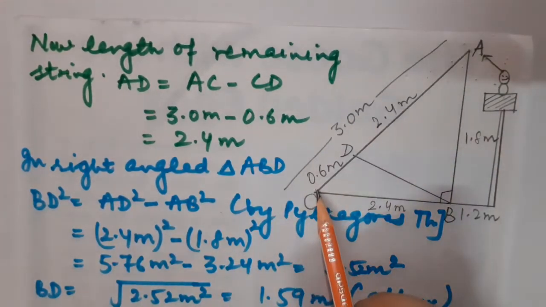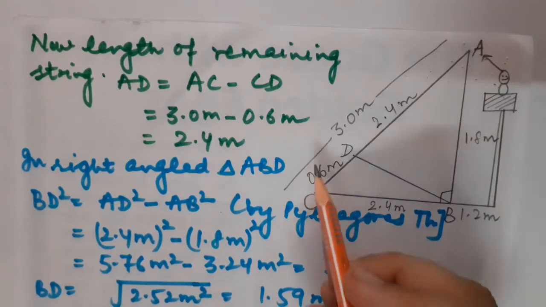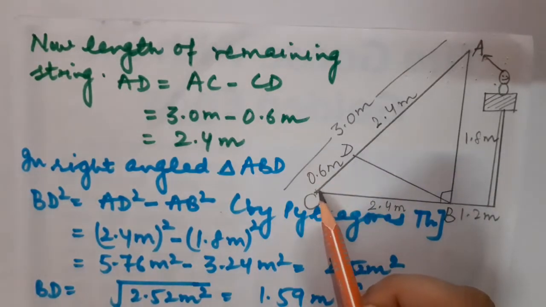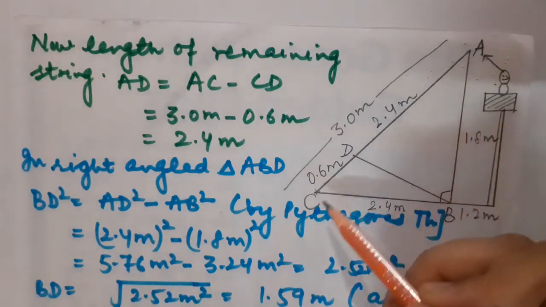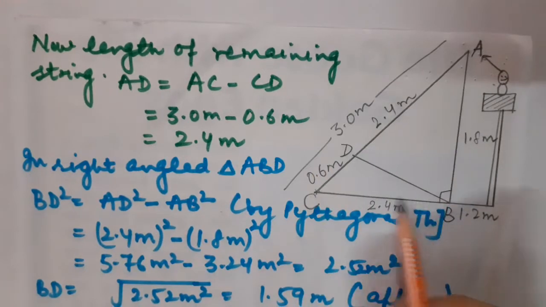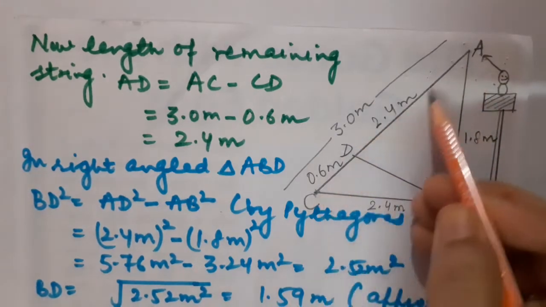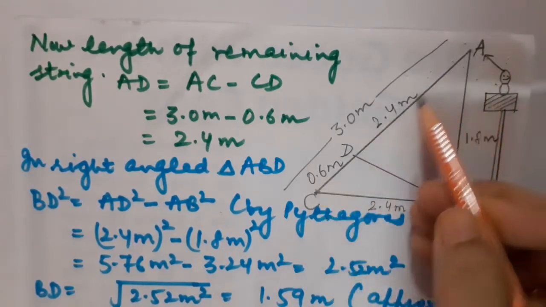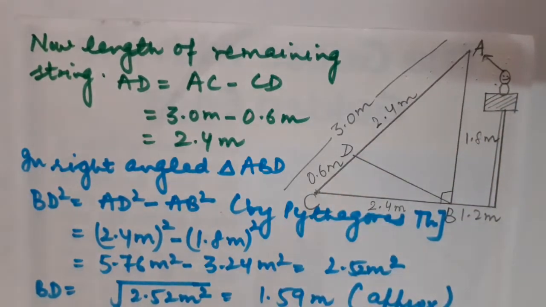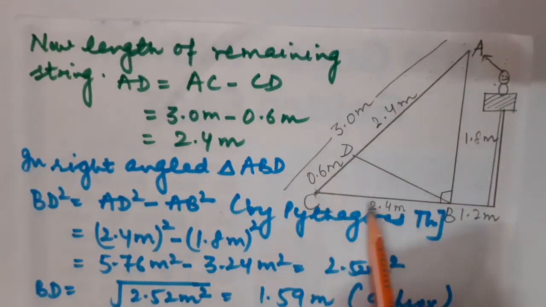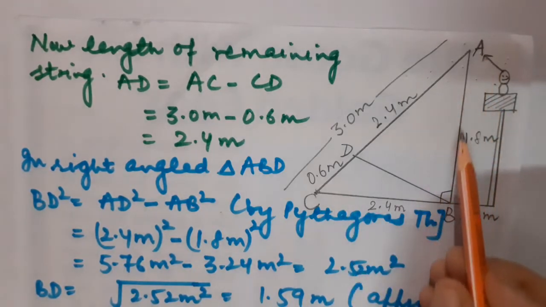And the fly means the bait, or I should say the food which she has placed on the hook so that she can catch the fish easily. The fly at the end of the string. This is the string. At the end of the string, on the water, it is going to rest. So the fly at the end of the string rests on water, which is 3.6 meter away. You can see that this is the total distance, which is 3.6 meter away. Clear? And 2.4 meter from the point directly under the tip of the rod.